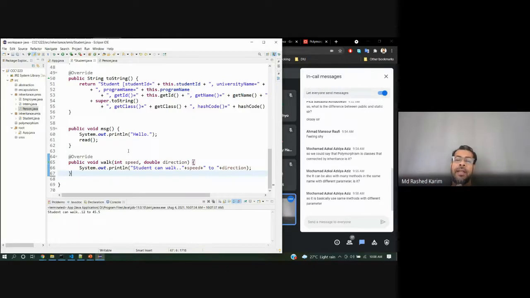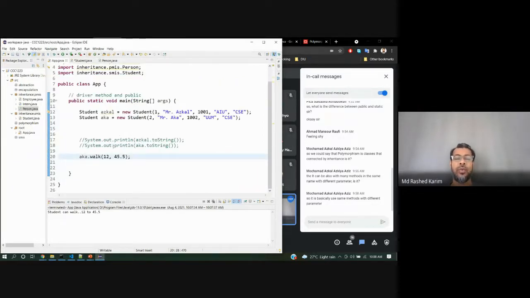But if it is the same signature, the same name with exactly the same parameters, that means overriding, which will be decided at runtime, not at compile time. When the application runs, it will decide which one I need to call. Understand?